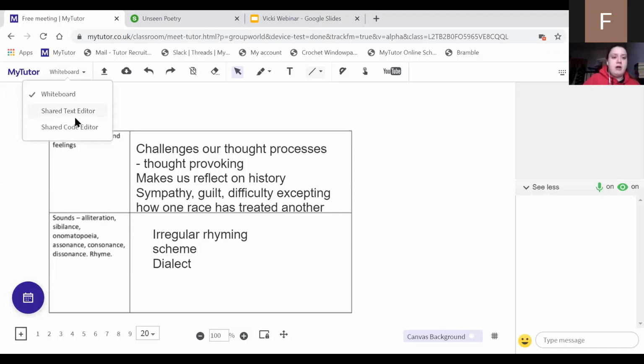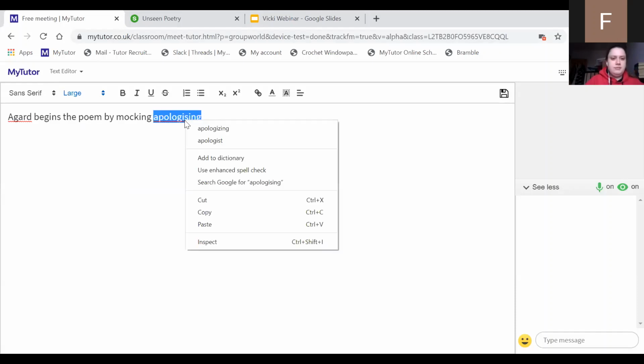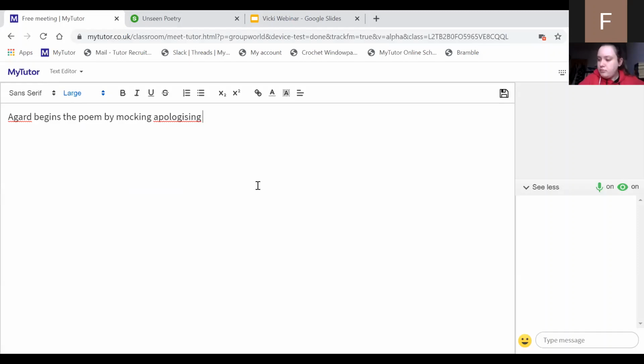So I'm going to have a little crack at writing an example response for you. It won't be the entirety of what you will be expected to do, just because we don't have time to write an entire essay. Let's blow this up a bit so you guys can see. So I started off by saying "Agard" just to show off that I know who the author is. So Agard begins the poem